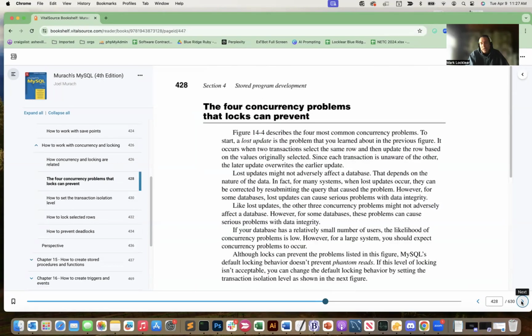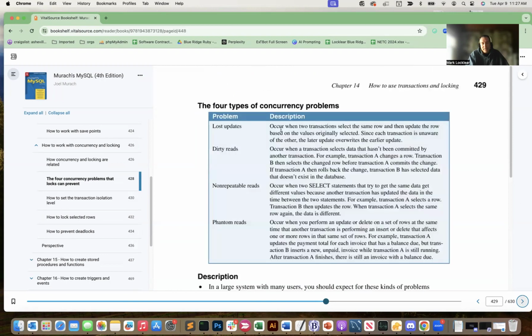And they do a good job of explaining the 4 concurrency problems you can have. Again, I'm not going to go into detail on all these. You can read through these, and again, this is pretty high level stuff. With all the work that I've done with databases over the years, I really haven't had to deal with any of this. Unless you go on to be a database administrator, you probably won't spend a lot of time thinking about these kinds of things, but just know that they're out there and they're issues that database